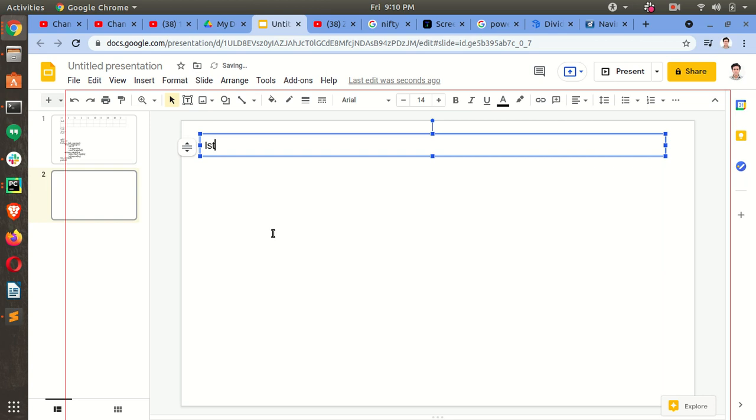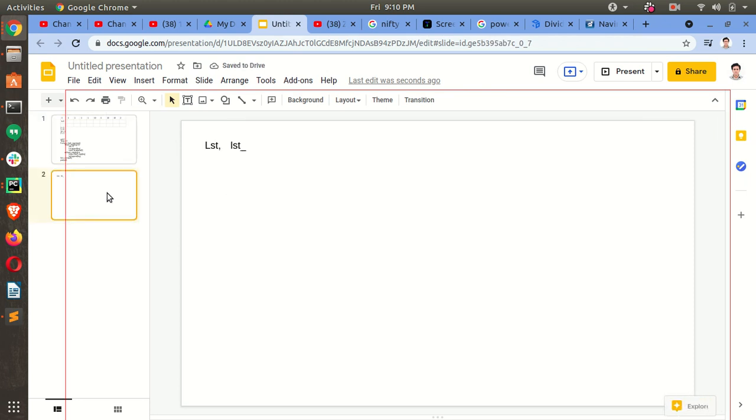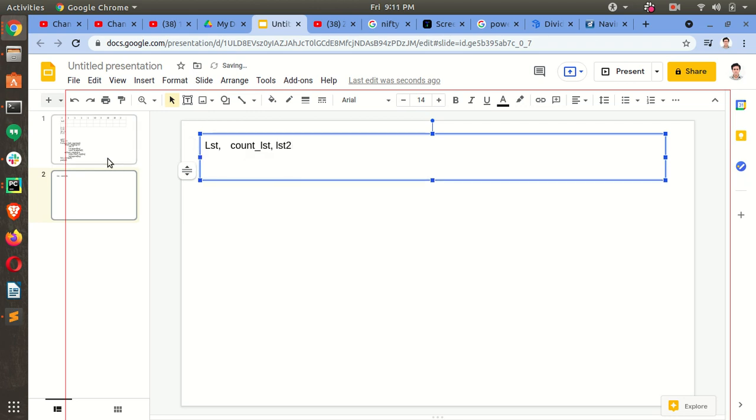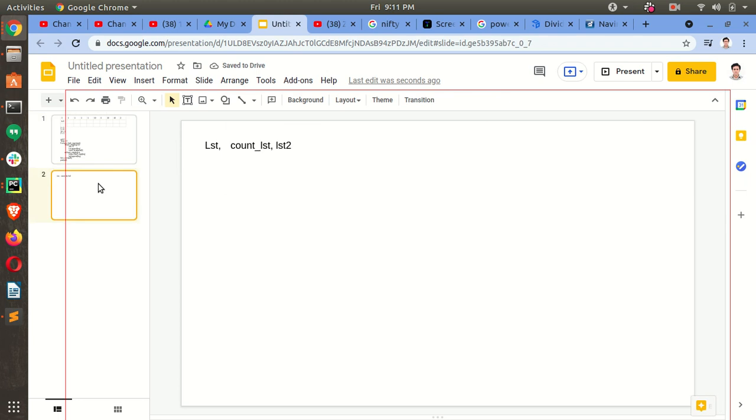lst, count lst, and lst2. These three lists we have. Okay. Now we got these three lists.